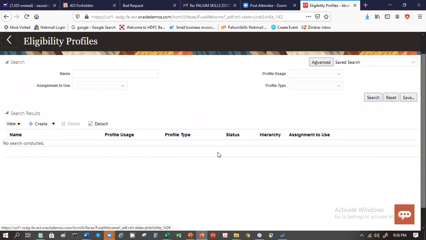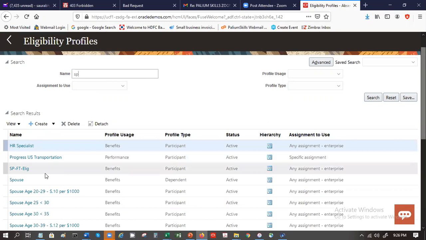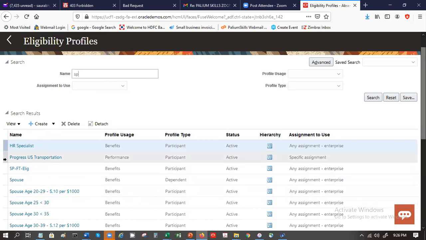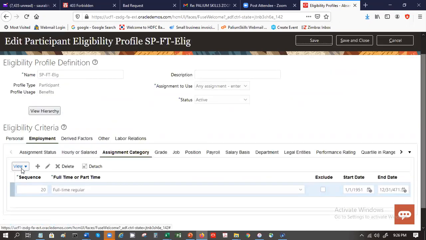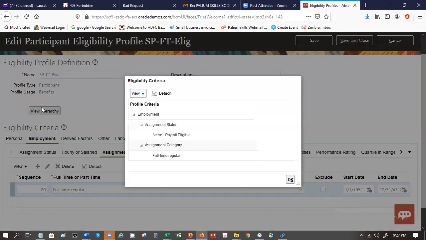So now our eligibility profile is created. Now, if I want to search for it, and SP full-time eligible, if you click on view hierarchy, you get to see what has been used.